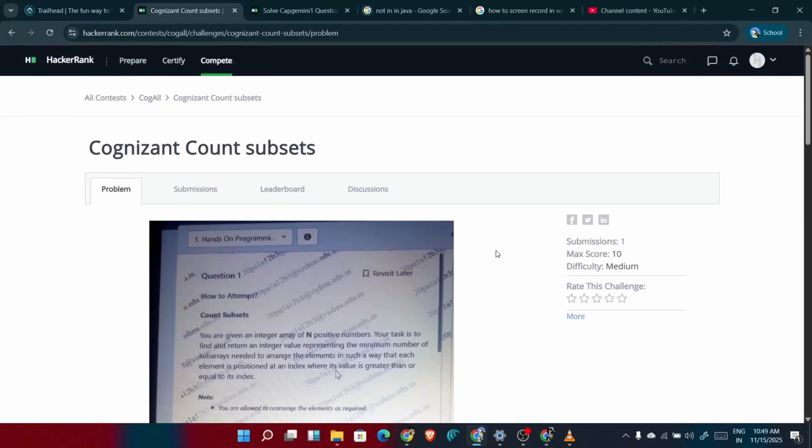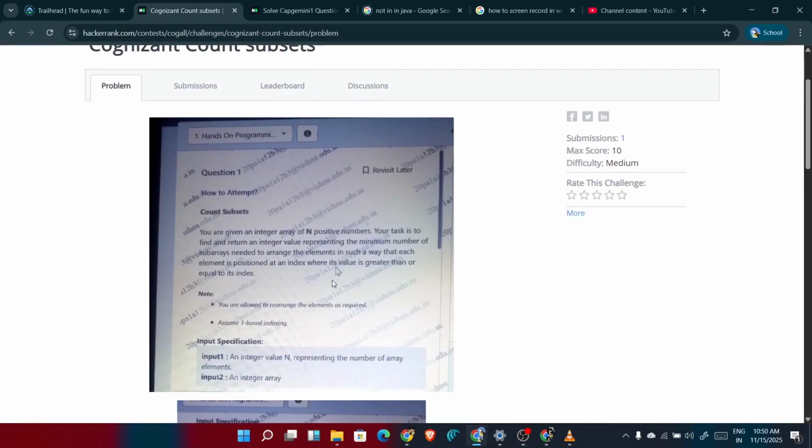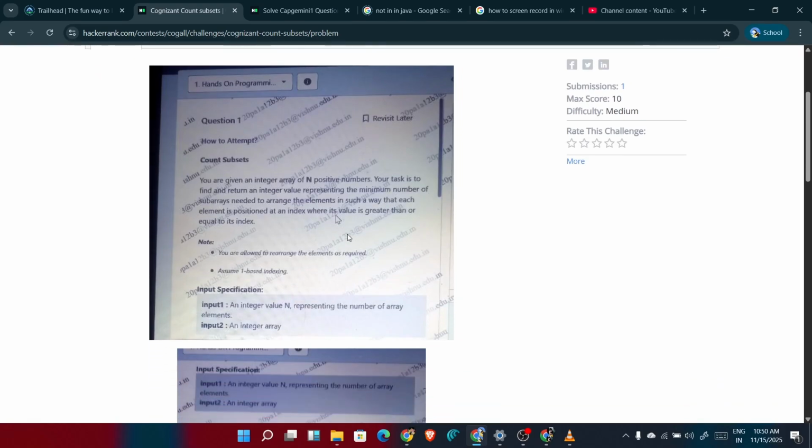Last but one problem, that is count subset. So count subsets: you are given an integer array of n positive numbers. Your task is to find and return an integer value representing the minimum number of subarrays needed to arrange the elements in such a way that each element is positioned at an index where its value is greater than or equal to its index position. So for example, input n is equal to 5, there will be elements 5, 5,